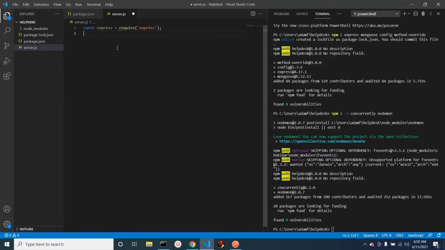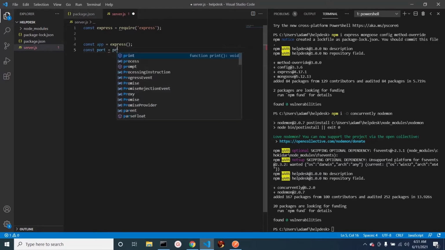So we brought in Express. Now we need to create something. We're going to create another const called app equals express, the express method, which is actually a function. Okay, that's all we need. All right, one more thing. Const port. We're going to create a port. It's going to be equal to